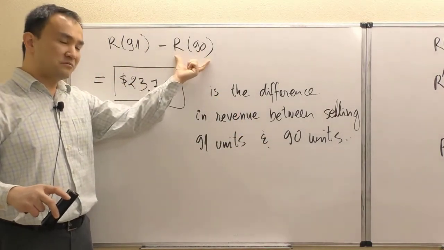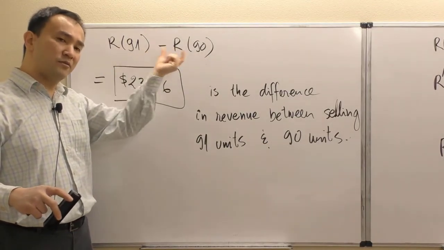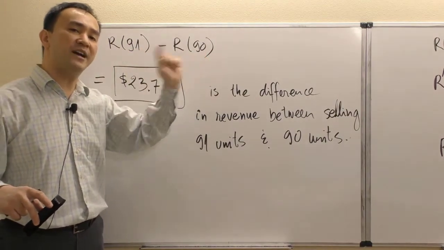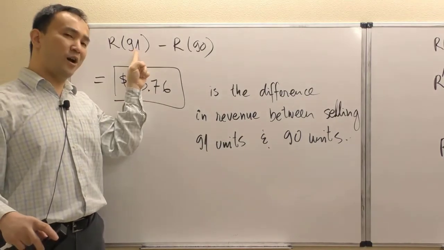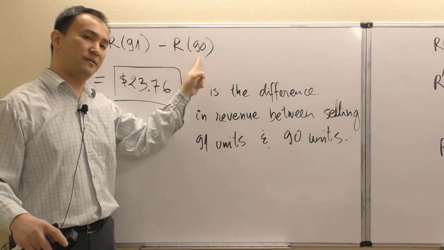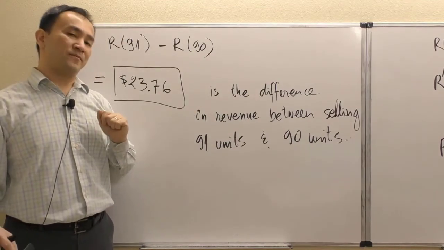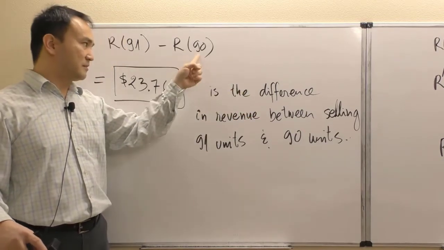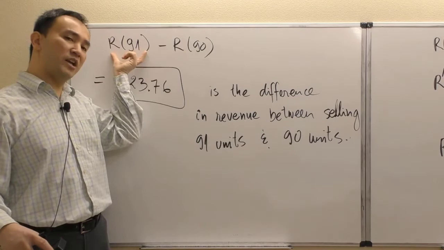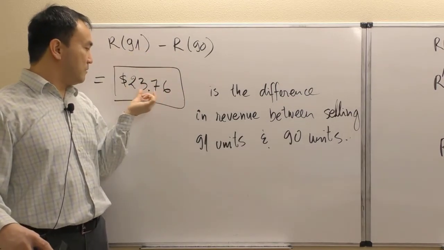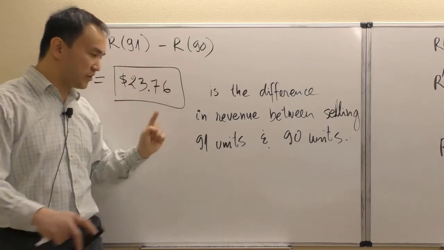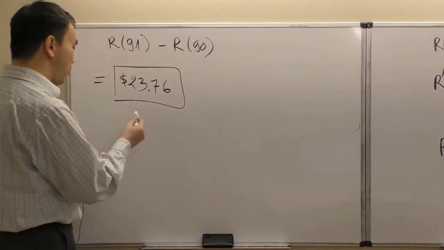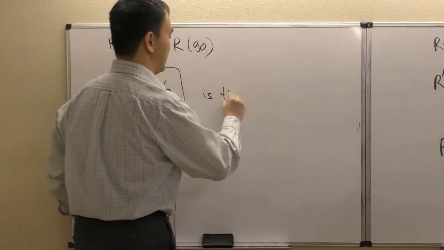But now think about the role of 91 related to 90. 91 is the 1 more additional unit after 90. The 91 here is 1 more additional unit after selling 90 units away. So think about right at the instant that you're selling 90 units, then selling 91 units brings you a difference of 23.76. So this change is another way of interpreting this. So 23.76 is the revenue